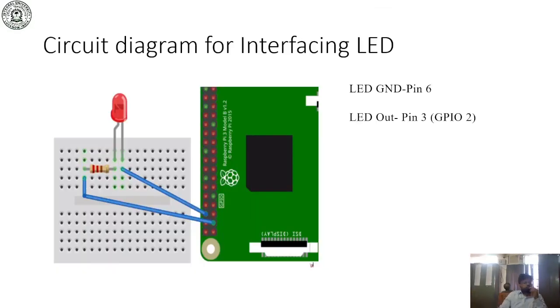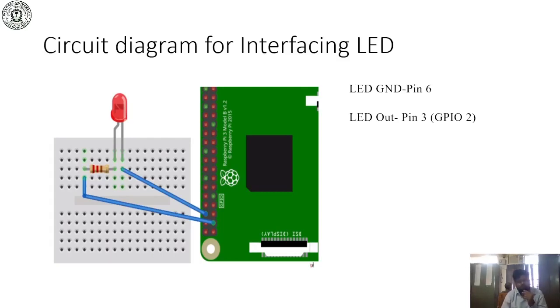This figure shows the circuit diagram for interfacing the LED. This is similar to what was already explained in the previous video; here we have used a breadboard. In the breadboard we use a resistor of 220 ohm. We can skip the resistor also. These resistors are basically used to control the voltage level, and if the voltage is high, there is a possibility that the LED will be damaged. So if you are supplying the proper voltage to the LED, you can just skip